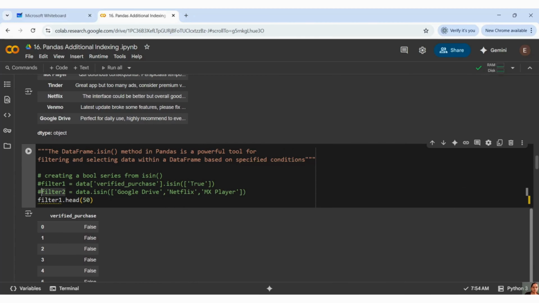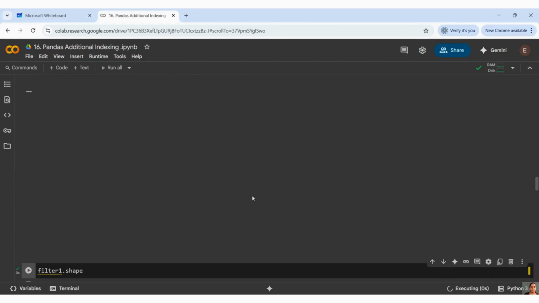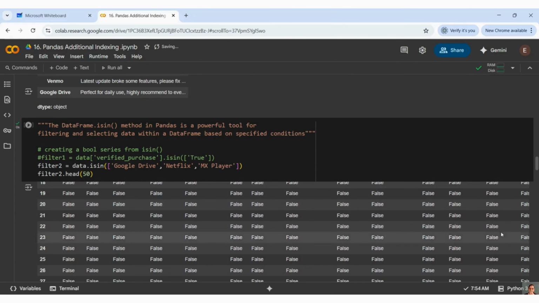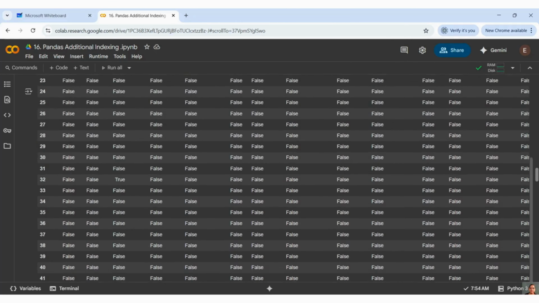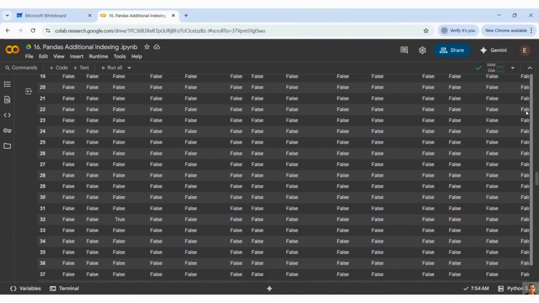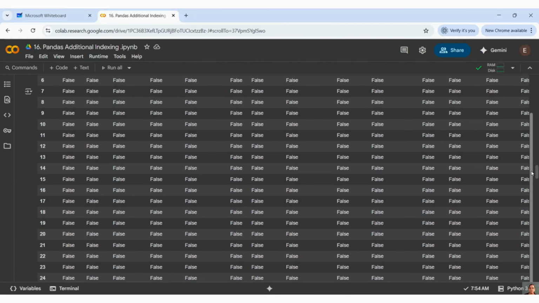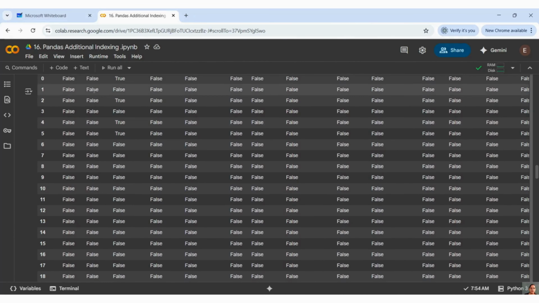Okay, this one should make sense to you. See, all other things are coming false, however only my app name is having Google Drive in those places, and that is coming true. Rest all are coming false. See, true.